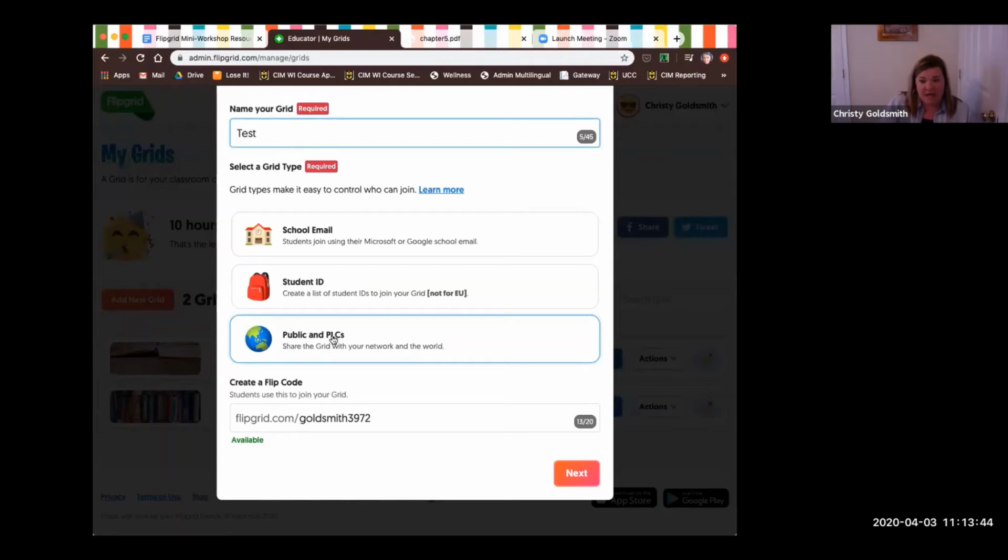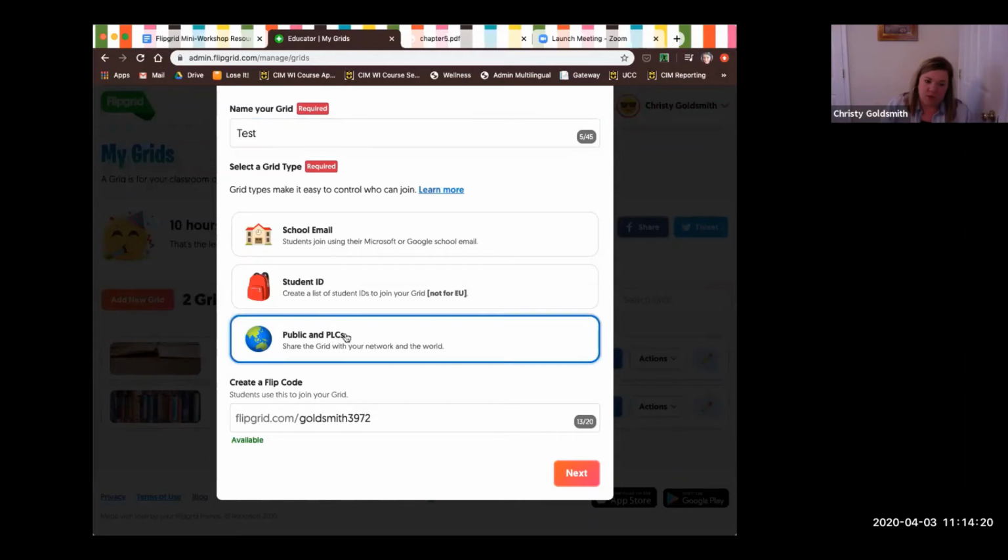Remember that this is an asynchronous method. So someone can't FlipGrid bomb like they can Zoom bomb. This is asynchronous, and so students are able to access it at their own convenience, which means that it has a lot fewer privacy issues, I think. I let my students know that everyone in the class has the link and that everyone with the link can access it. And so they kind of know what sort of content they'll be asked to submit on there. I never ask them to submit things that are sensitive or anything with grades. It really is just kind of like public class conversations, and they really enjoy that.